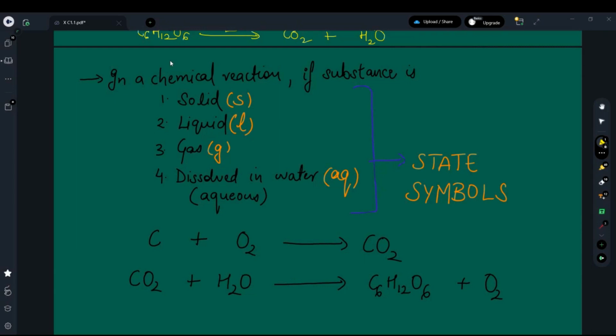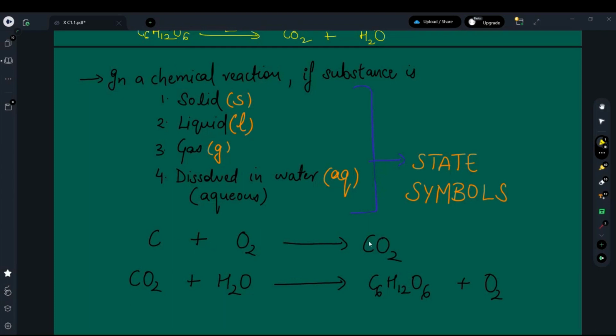Now you might ask, "Sir, how would we know the state symbols of every single species? It can be daunting in this case." So the thing is that this will come eventually. It's something which you keep on doing and doing. By the end of the year, I do not even have to tell you, you would know it yourself. Got it? Okay, let's start with the first one.